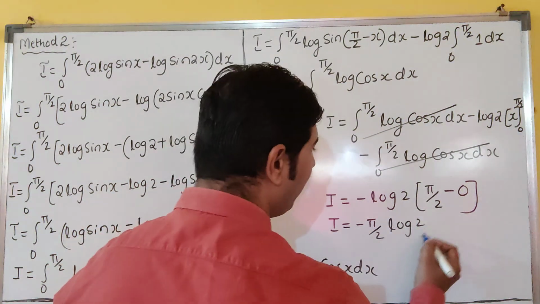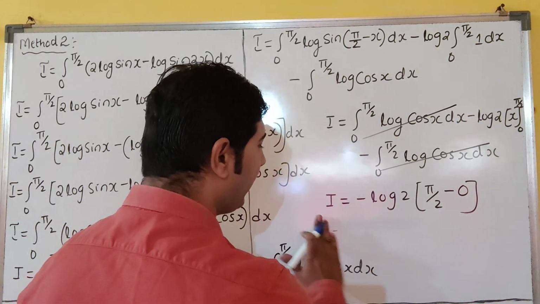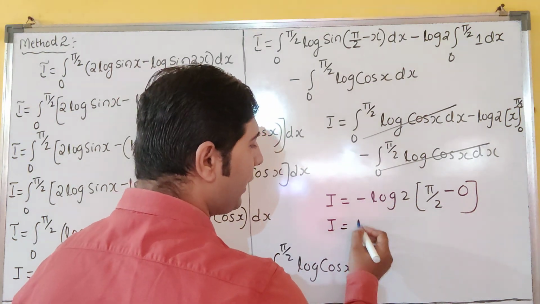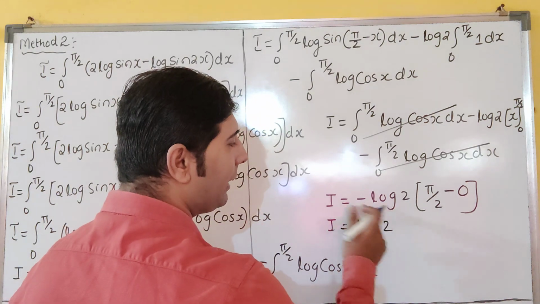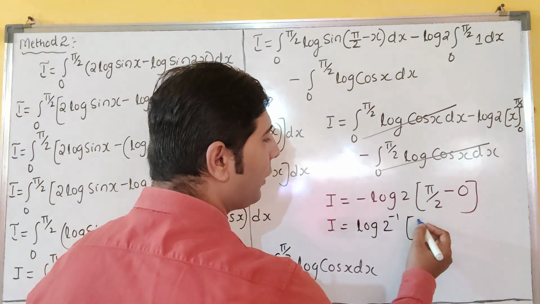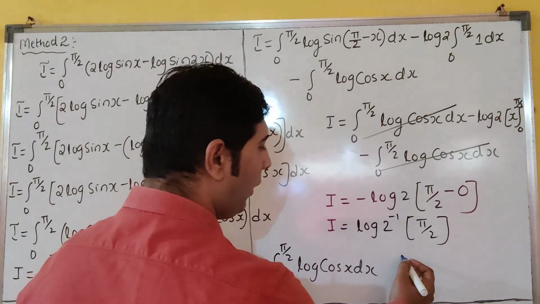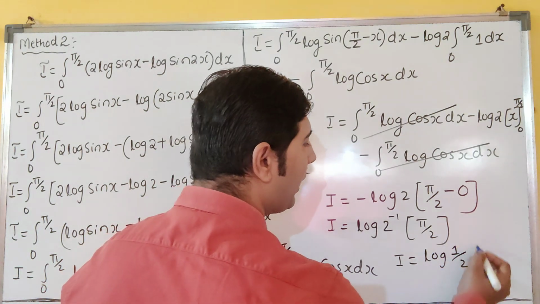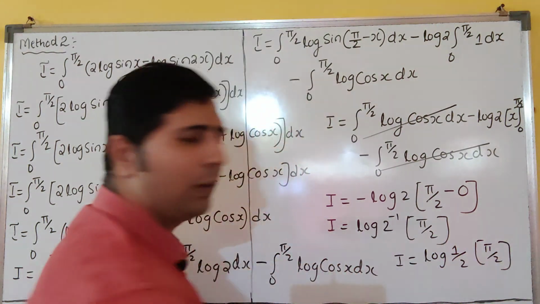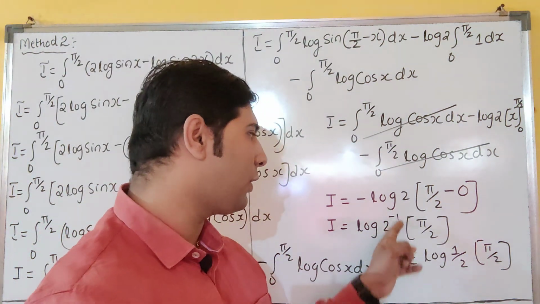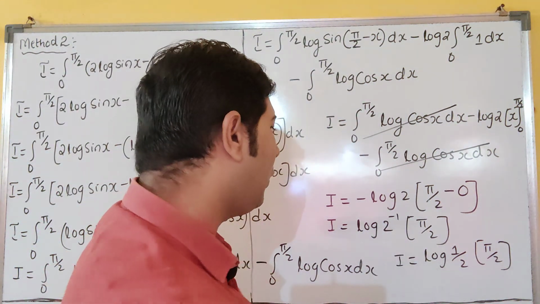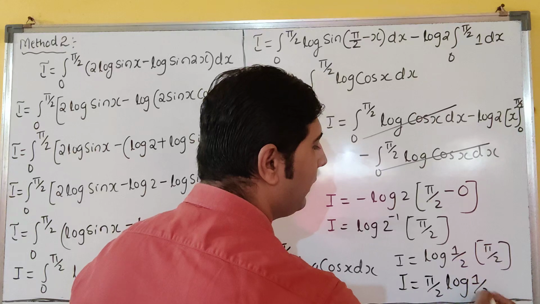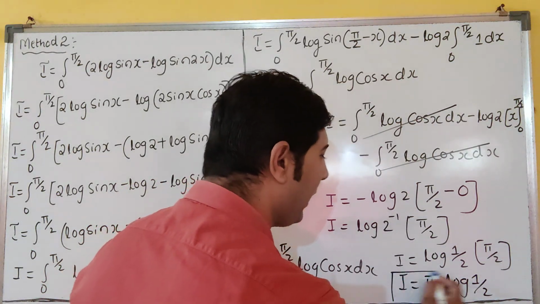One more method I will show you. Here you see, some of the students or some of the teachers will give it like this: b log a, this is log a raised to b. B is nothing but here minus 1. They will write pi by 2 minus 0 is pi by 2. Clear? So now how much? Log 2 raised to minus 1 I can write as log 1 by 2. Yes or no? Pi by 2 is as is, 2 raised to minus 1 is 1 by 2. Pi by 2 into log 1 by 2, pi by 2 log 1 by 2, dear students. Like this only you will get, and this is our required answer.